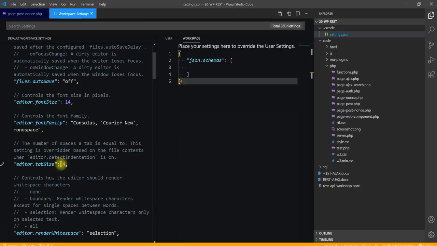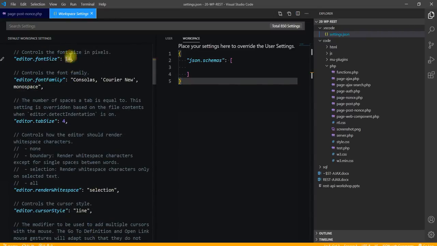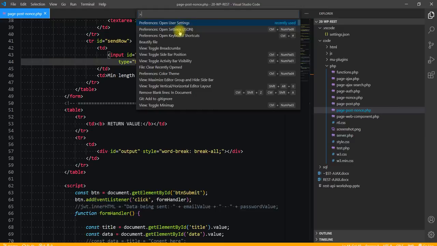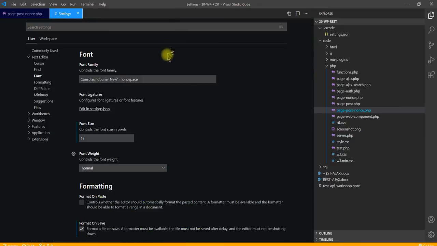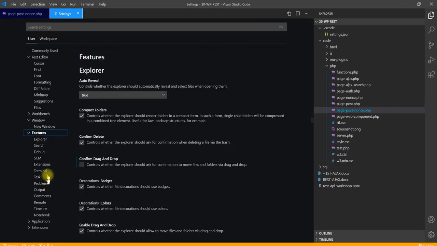So editor tab size 4, let's change that to 20 just to see what that, cannot edit in read-only mode. So I think with that one what we need to do is go here, Control C, selection line. So this is read-only, editor font size. Let's see if that can be changed. 18. No, we can't change it here. So we're looking at this. So what we'll do is we'll close this one down, do Command Shift P, open user settings there, JSON, open user settings recently used. So we've got like window sizes, features,